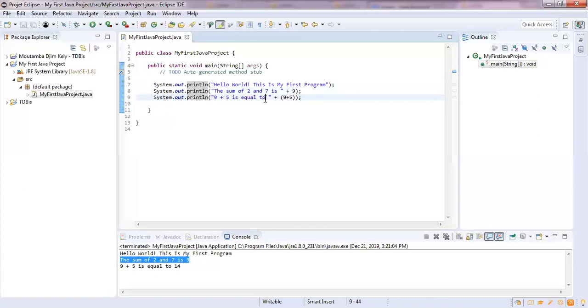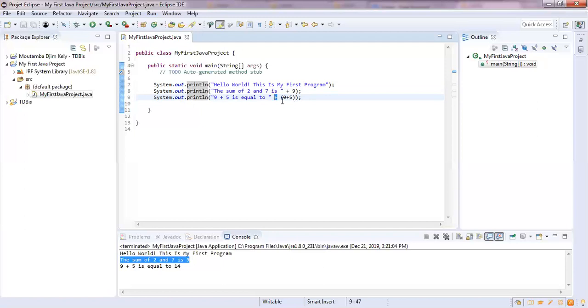On the third line, what it does is that we also have two expressions here. We have a sequence of characters. We have 9 plus 5 is equal to. So what the program does is, okay, since this is inside a quotation mark, I'm just going to output it the way it has been written in the program. And then, oh, I see the plus sign here. That means that I have to join these two expressions and then give the output on a single line as